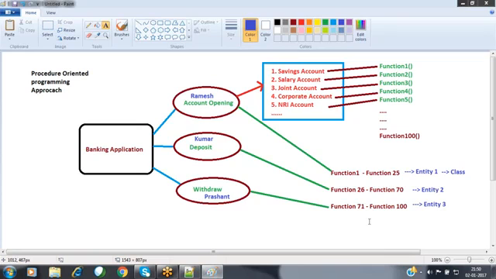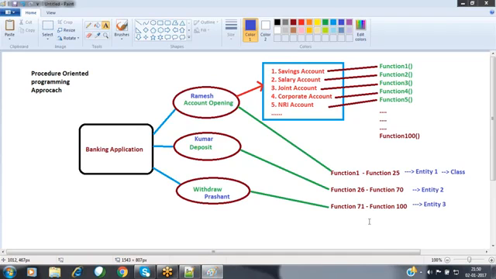Why are we placing these functions into a class? What is the need of defining the functions in a class? Because in procedure-oriented programming, everything is individual, so everybody can access each and every function available inside my application. So I want to provide some restrictions, some level of access, and restrict my data visibility. For that, we group all these functions into small individual units. Those individual units are called classes.